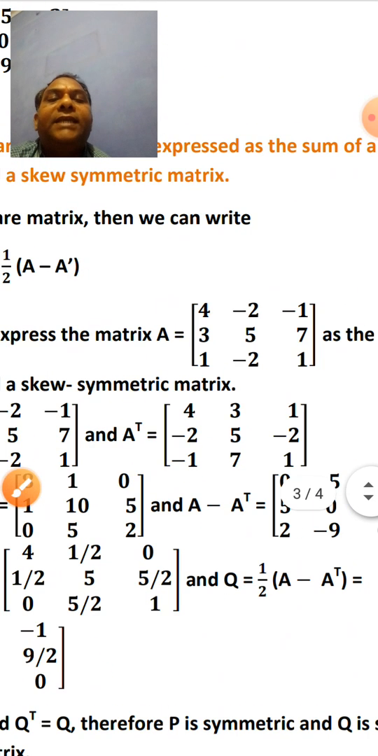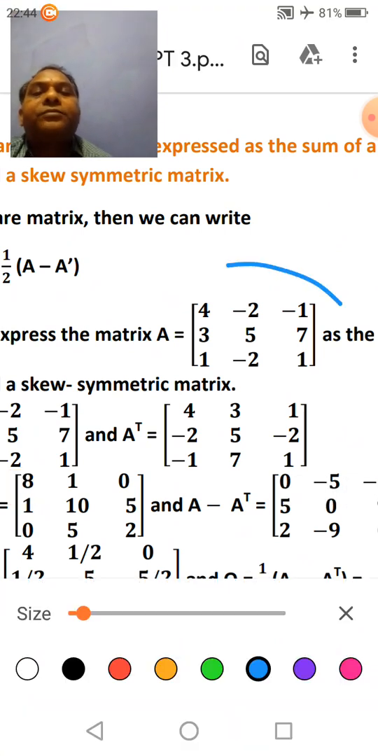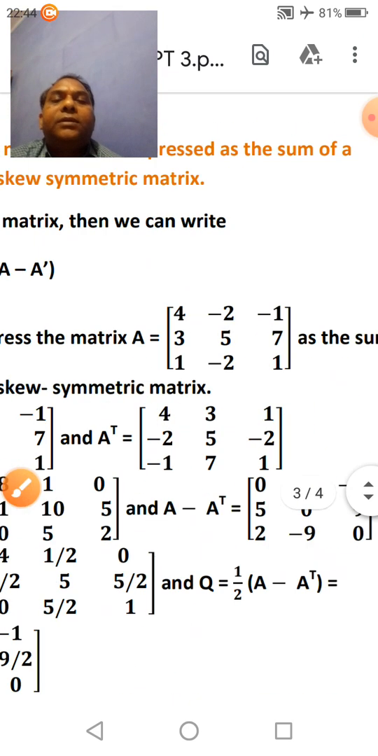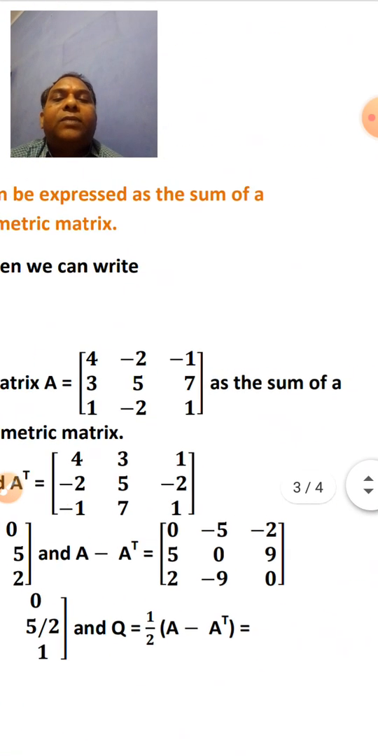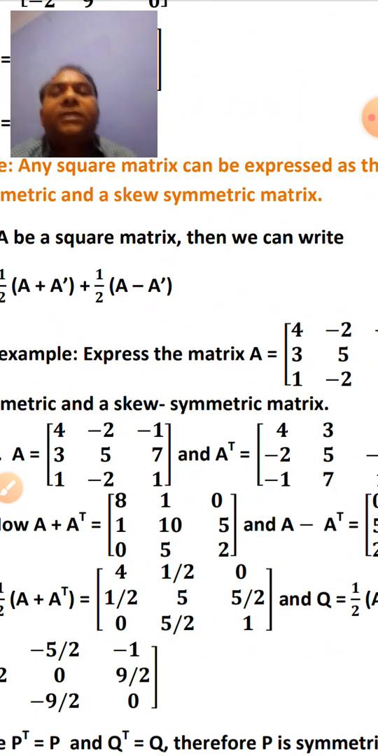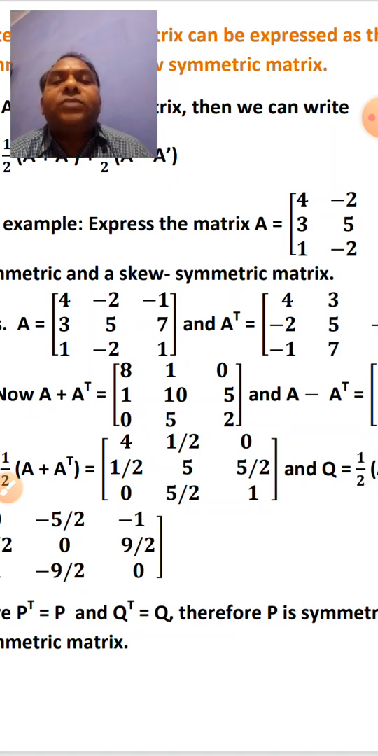For example, suppose matrix A is given. Matrix A is 4 minus 2 minus 1, row wise 3 5 7, 1 minus 2 1. Clear? Now you have to express the given matrix A as the sum of symmetric and skew symmetric matrix. So to express the given matrix as the sum of symmetric and skew symmetric matrix,